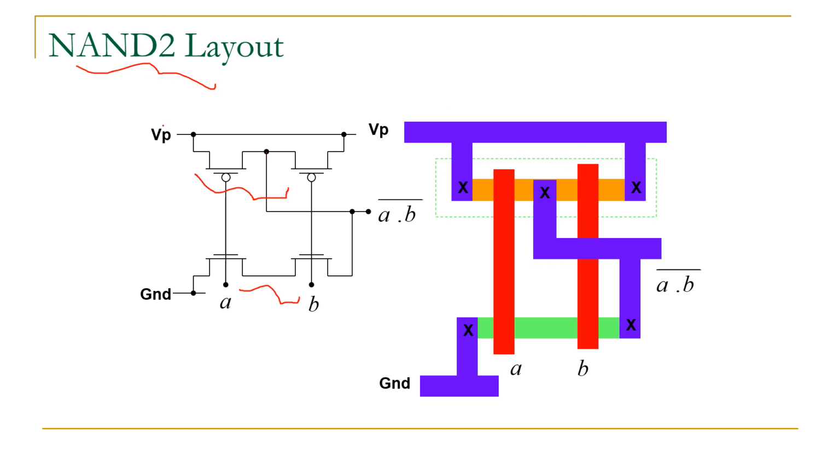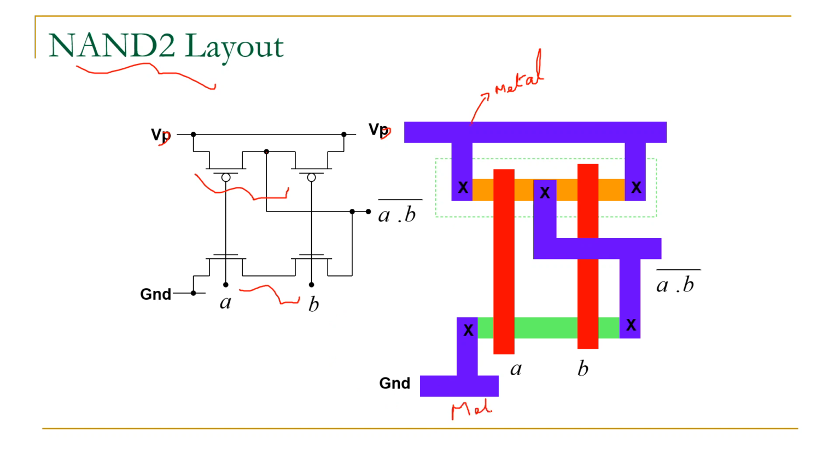See here, the VDD is utilized here, that is connected with metal, which is represented in blue color. This is your metal contact. This is your metal for VDD, and VSS also is metal. So we can say it is a metal 1 contact. That we can say is metal 1.